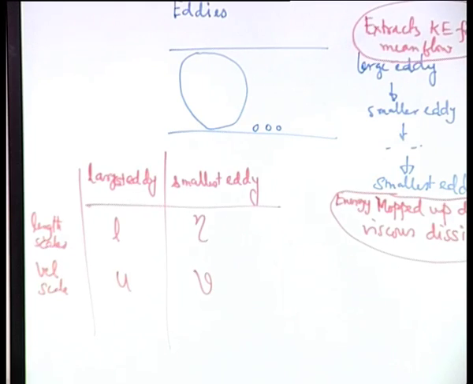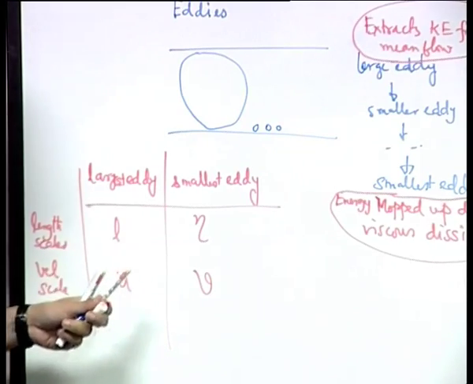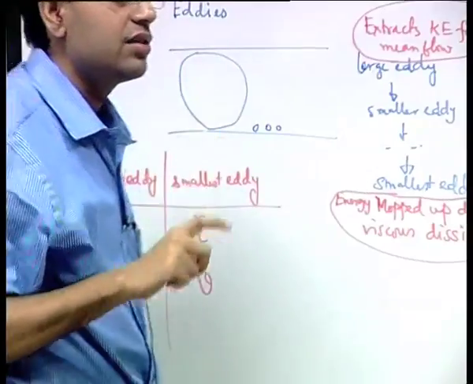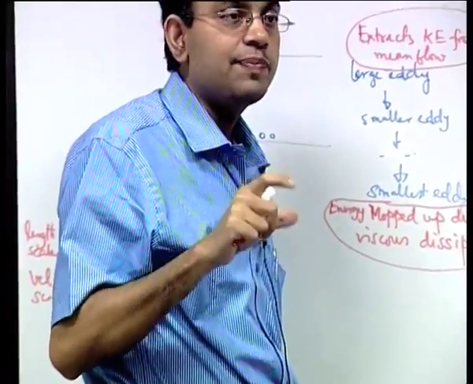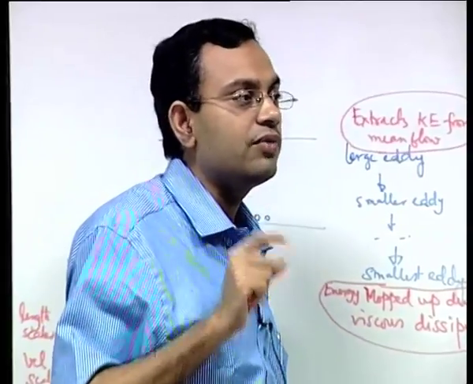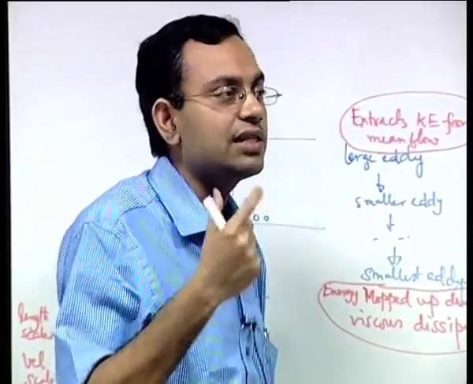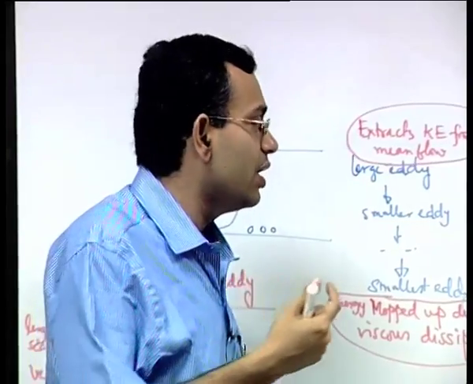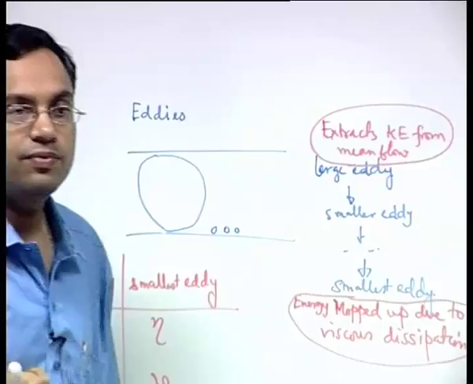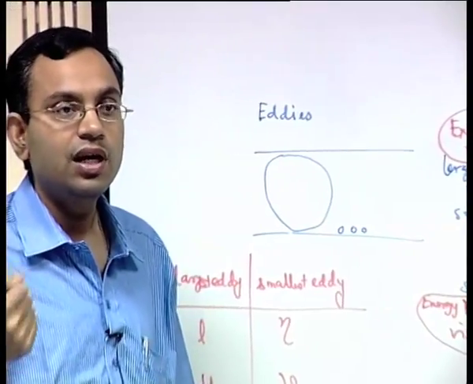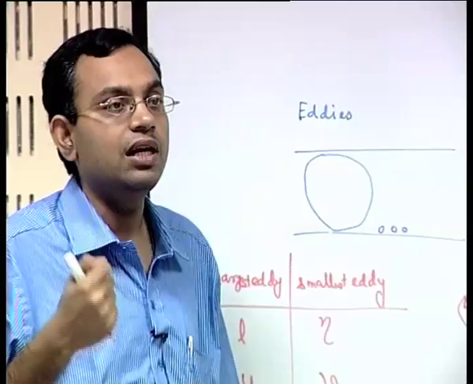Now, what is the length scale of the large eddy? It is of the order of the system length scale. So, if the Reynolds number is large, what does it mean? It means that with respect to the system length scale, the inertia force is dominant over the viscous force. That means over the large eddy length scale, the inertia force is much more dominant over the viscous force. That is why whatever energy the large eddy extracts from the mean flow cannot be dissipated by the large eddy in the form of viscous dissipation, because viscous effects are negligible compared to inertial effects for large eddies.